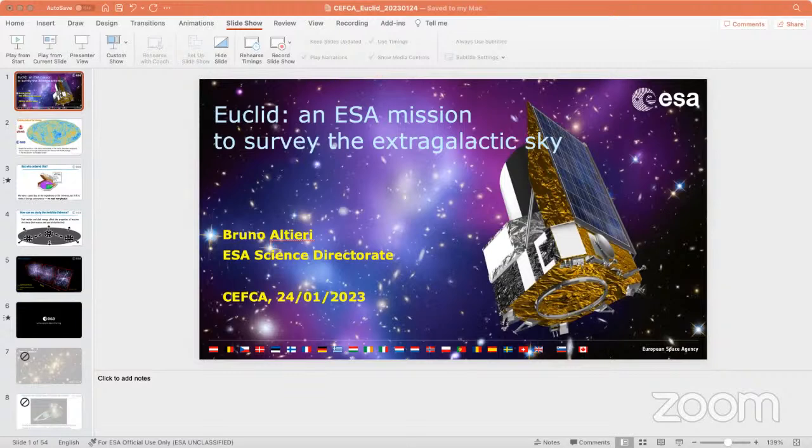Now, what part of the sky are we going to observe? The extragalactic sky, of course. It's a cosmology mission, so we avoid the galactic plane and the ecliptic plane, mostly because in the near-infrared there is too much light, so the background is too high, so the sensitivity will be less. So this slide from Jean shows that